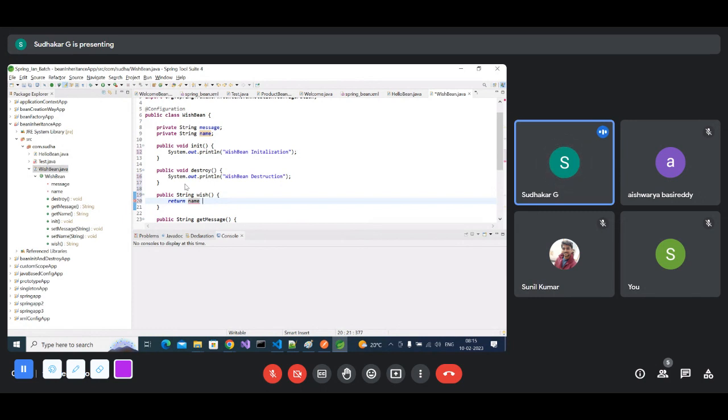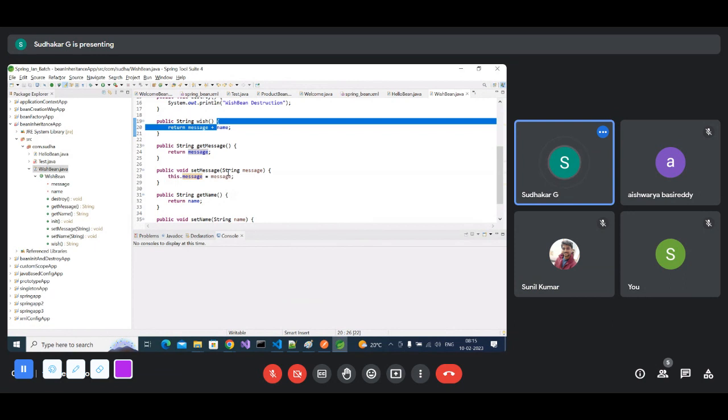So name plus message. Sorry, it should be message plus name, concatenation. Okay, string concatenation I am adding. So message plus name I am adding. So here, after that I need to